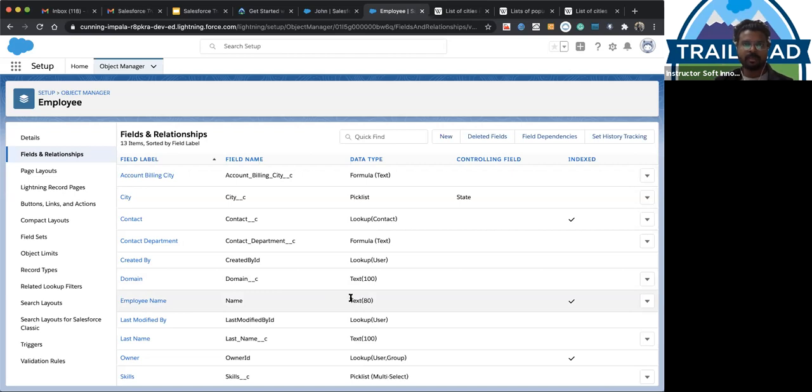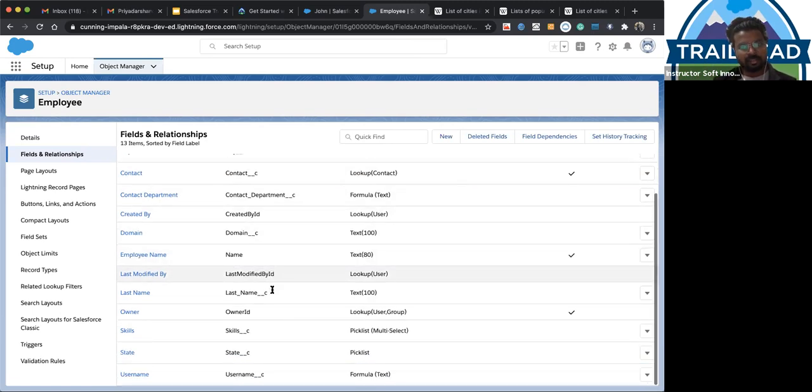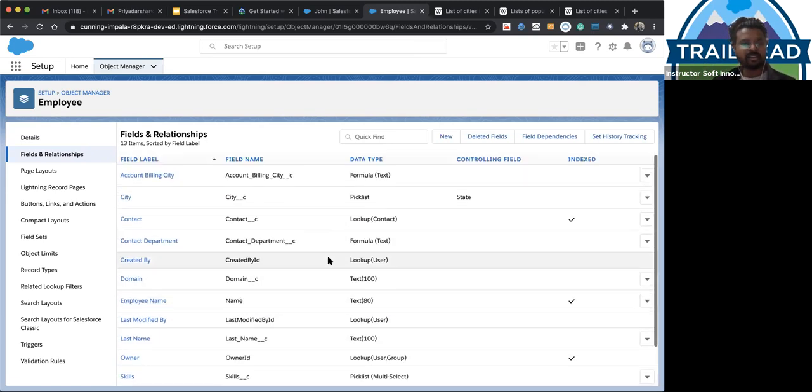Suppose I choose one pick list value, and I don't want to see the other pick list values available in the different field. Whenever there is a dependency on the values of the pick list, we use the dependent pick list. That term you have to remember. You always have to remember the terms used in Salesforce, why it is used and how it is used. Because it's a term, dependent pick list, you have to remember it.